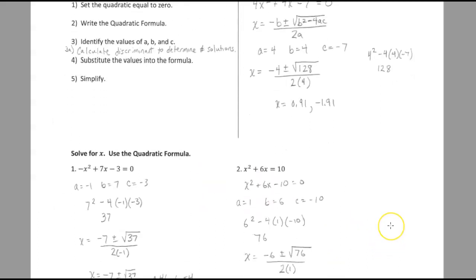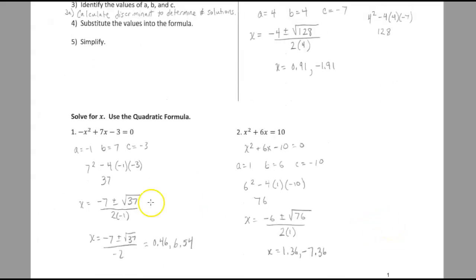All right, so just some more examples of this. Working on the left side of this, solve for x using the quadratic formula. If you want to pause at this point and try these, that might be a good idea. And then you can come back and see how you did. So I've identified A, B, and C in number 1 because everything was equal to 0 already. And I did the discriminant next. 7 squared minus 4 times A times C came out to a positive number, so I used it and got